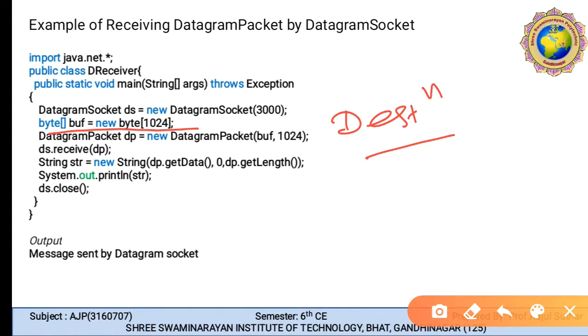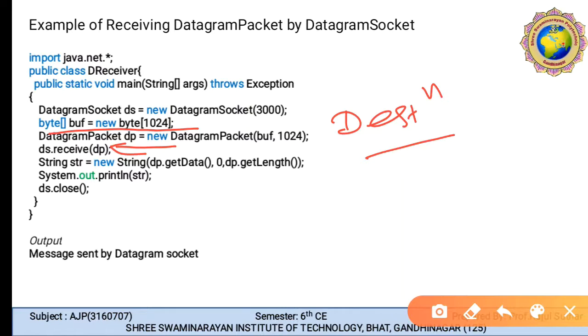Then finally, we get to the datagram socket's receive method. So the receive method is called, and the datagram received is located in the datagram packet's buffer.